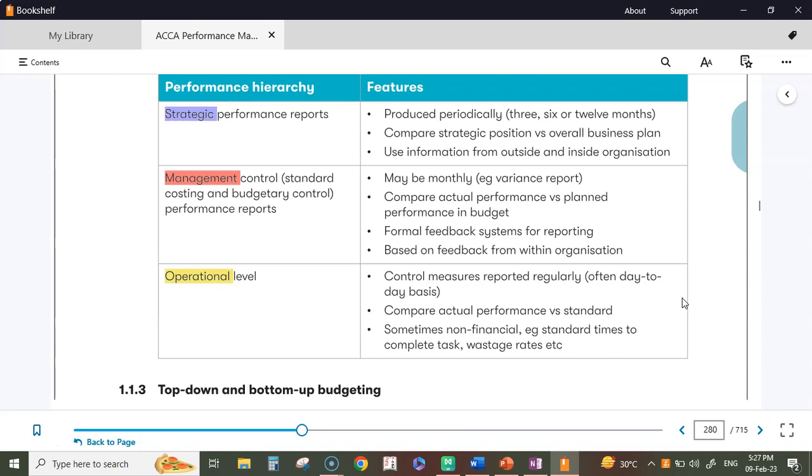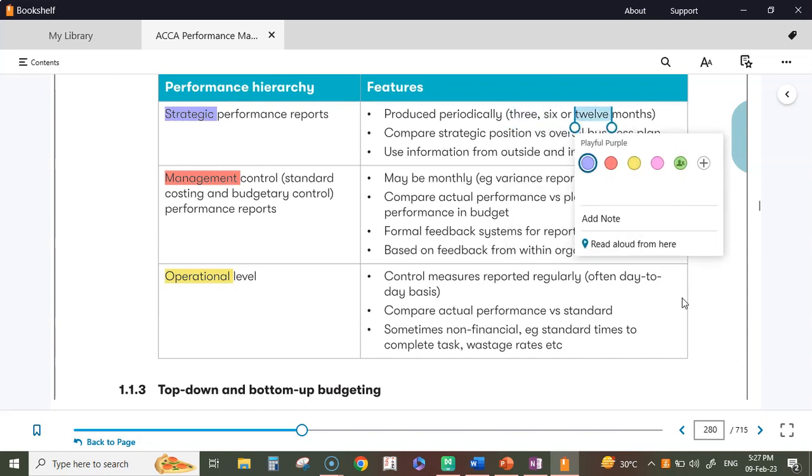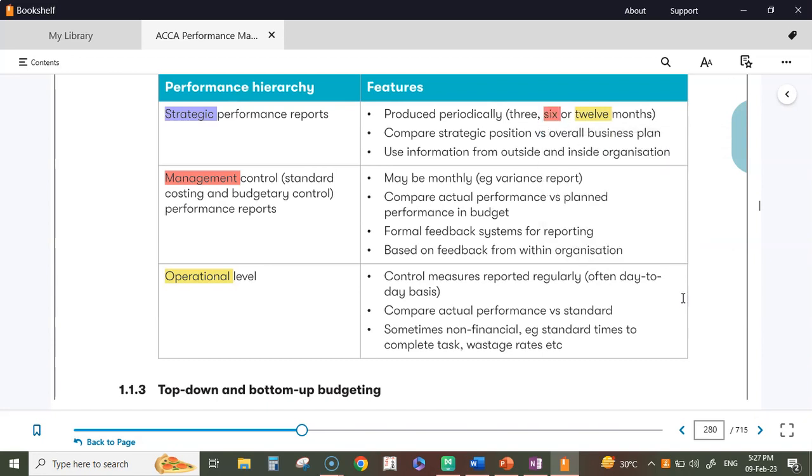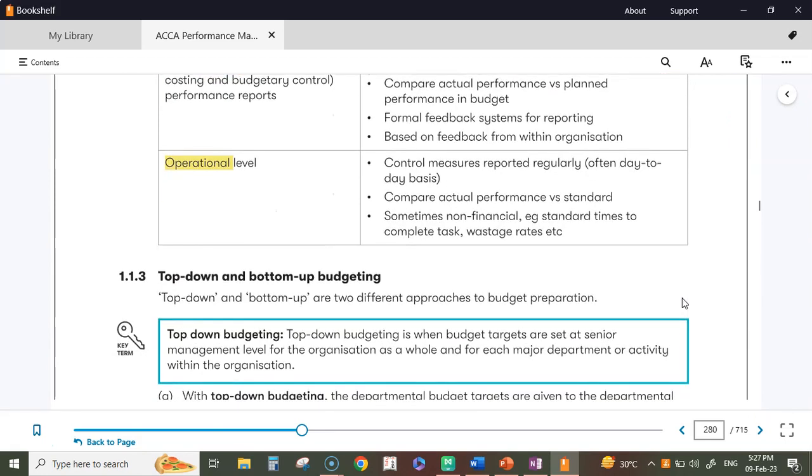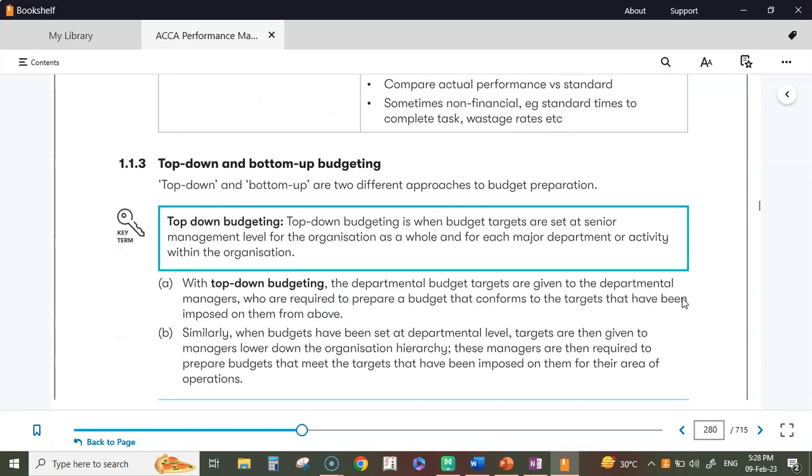The strategic level is done by top-level management, for a quarter, for six months, or for a full year. The company reviews: have we achieved our target for the quarter? Did we get things done which we planned for the first half of the year? Is our business plan going well? Is our strategic position in accordance with the market? Things of that sort. So you bring about controls to run the whole company in a long-term view. In the operational level, you bring about controls to run the company on a day-to-day basis. At the managerial level, on a middle-term basis. All right, clear.